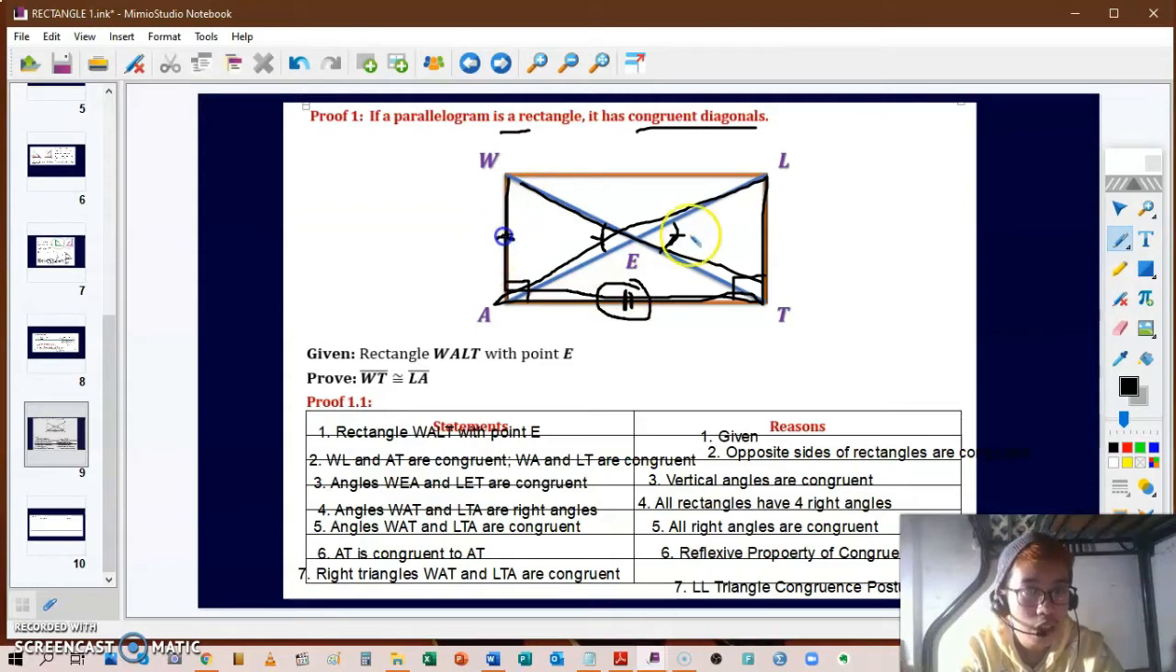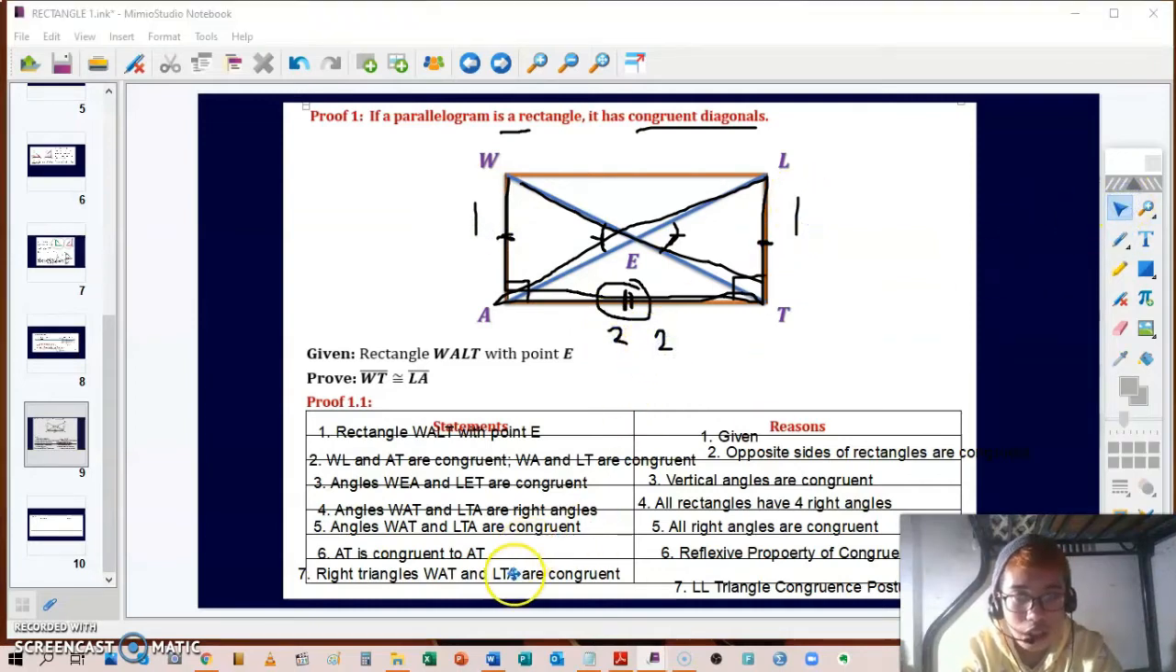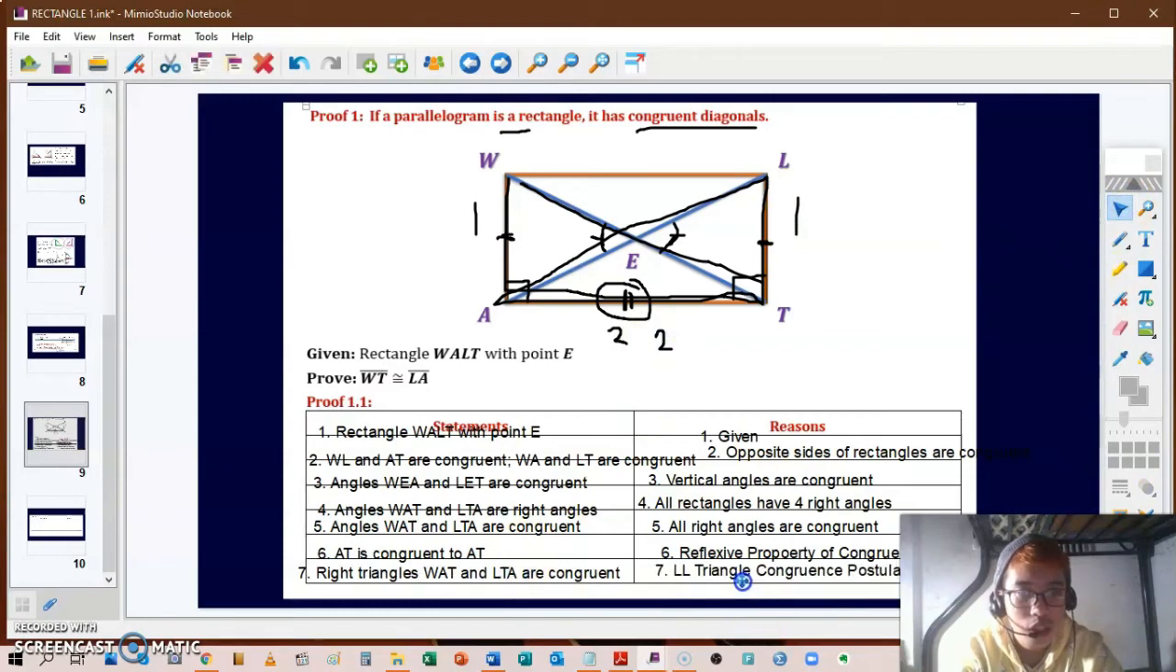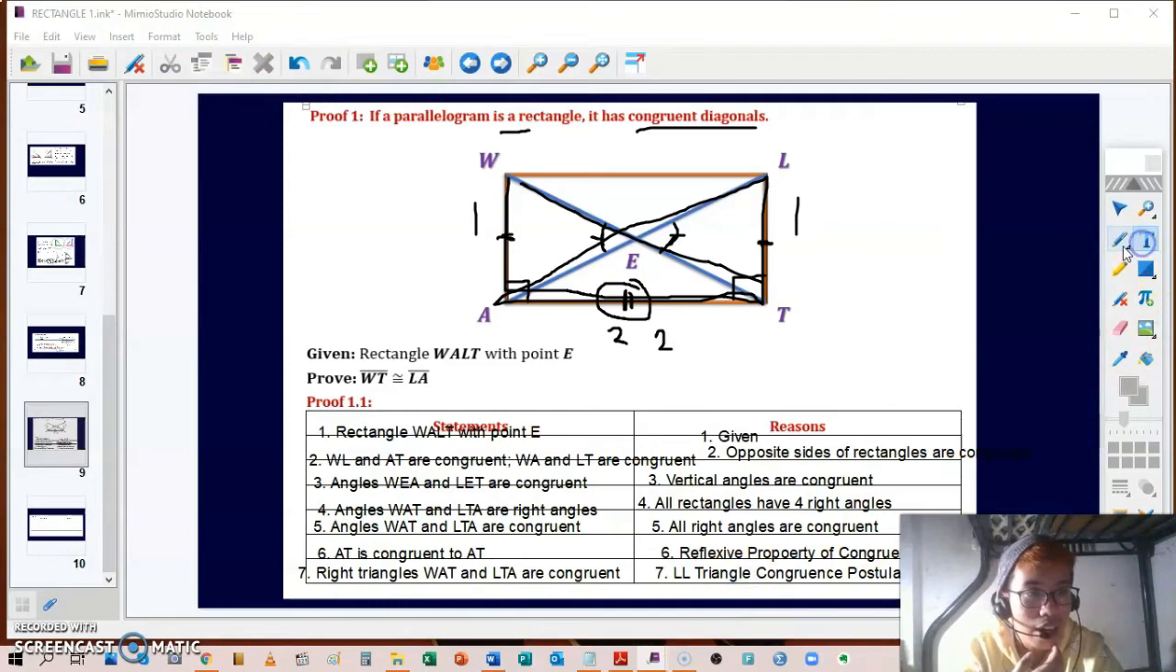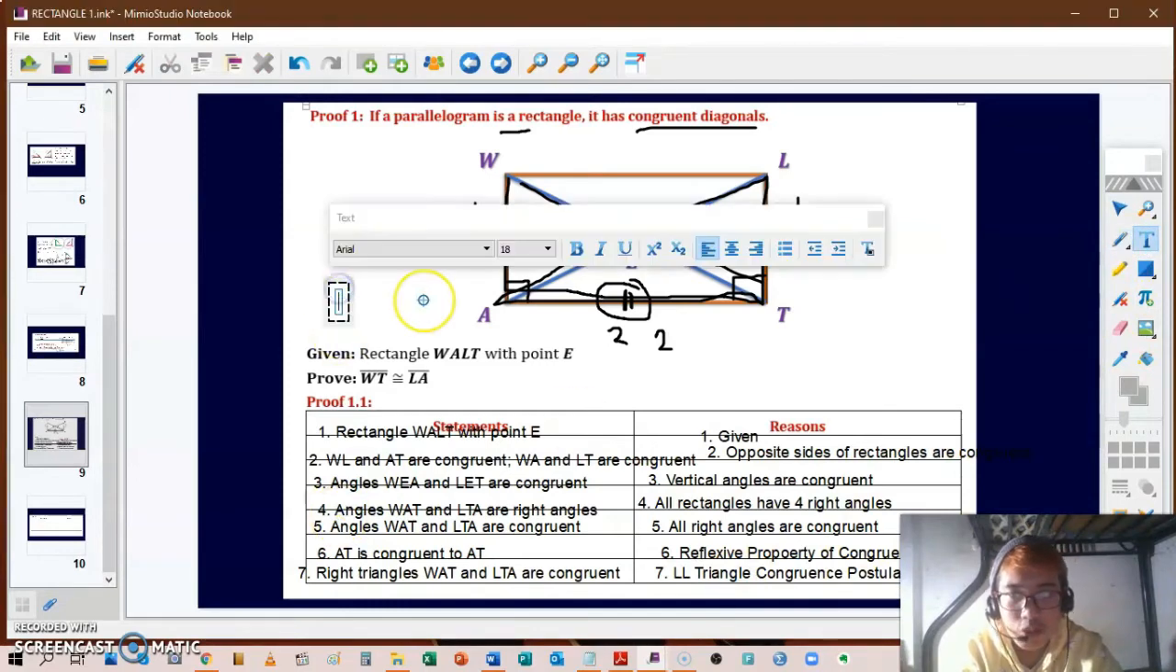And also we have here WA and LT. So we have here the opposite sides of rectangles are congruent. So we have one leg and another leg, and one leg and another leg. Then using the LL triangle congruence theorem, we can say that both of those right triangles are congruent. And lastly, we can now prove, number 8, that segments WT and